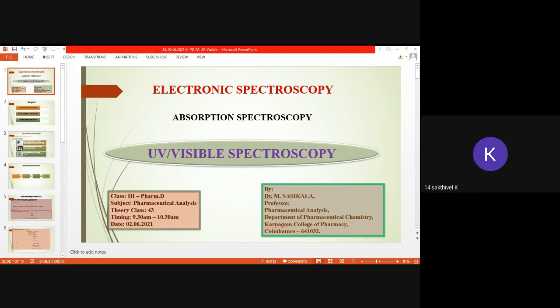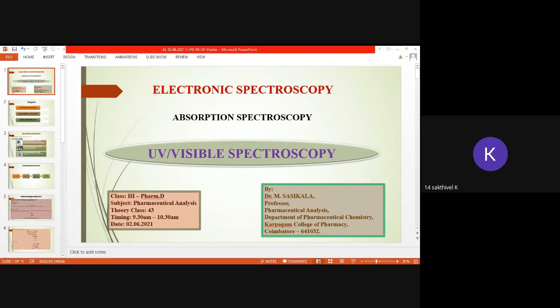Pi and n electron bands are the K band and R band. K band is the conjugated band. R band is the radical band, ma'am. Oxochromes are of two types, acidic and basic, ma'am. Solvents used are water, methanol, ethanol. Yeah, say about shifts: blue shift, red shift, hyperchromic shift and hypochromic shift.